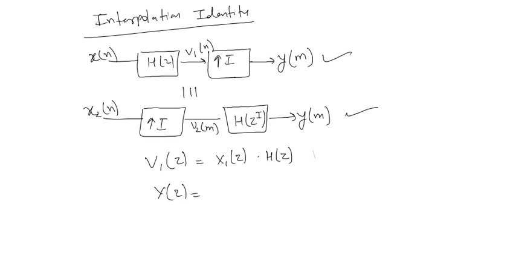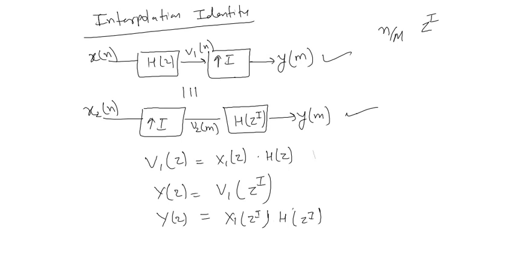So in the frequency domain the output will be v1 of z to the power I. So in time domain interpolation is n by m, in frequency domain it will be z to the power I. Okay, just substitute the value of v1, so we will get x1 of z to the power I and h of z to the power I. So this will be the output from the first case. Okay, now for the second system,